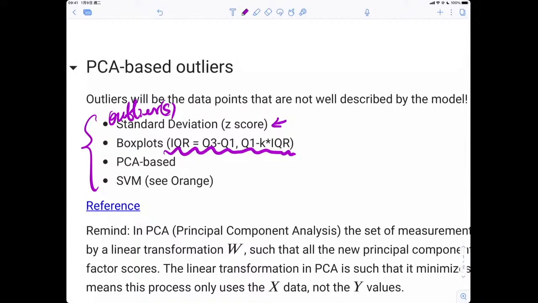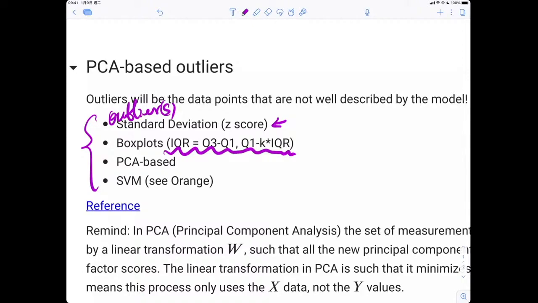Q3 is the 75th percentile and Q1 is the 25th percentile; find these two values and subtract to get the IQR. Generally, we consider an outlier to be beyond Q1 or Q3 by k times the IQR, where k is around 2 or 3. It's very similar to the standard deviation: if your data is too far from the center, the average or Q1 and Q3, the 25th and 75th percentiles, then we consider this data point an outlier, and you should remove it from your data set.